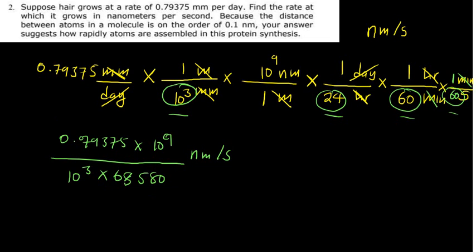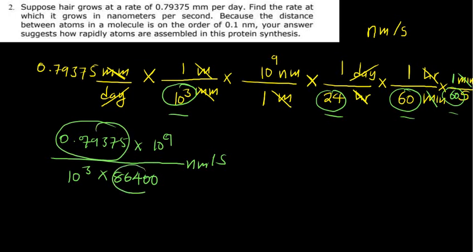So this is nanometers per second. So let's divide this value by 86,400. You can also punch if you have got a calculator so that I'll not make a mistake. So 0.79375 divided by 86,400 has given me 0.000000919. And then we're going to multiply this times 10. So we are saying these are same bases which